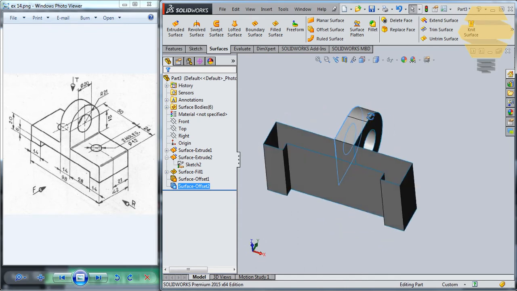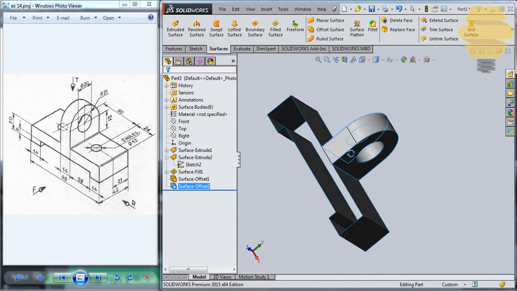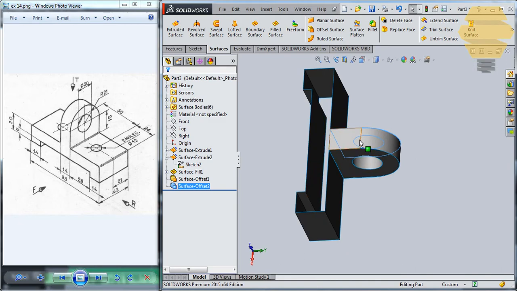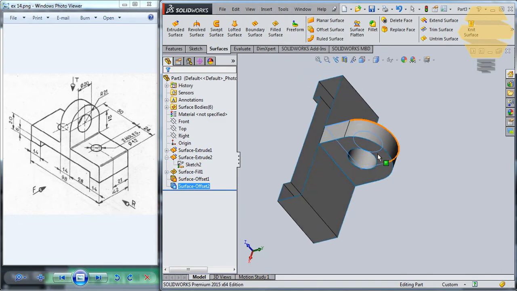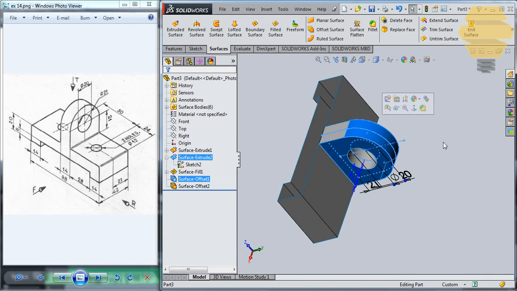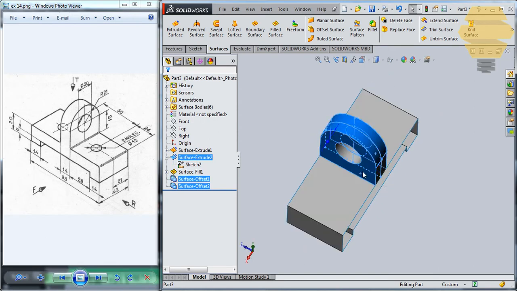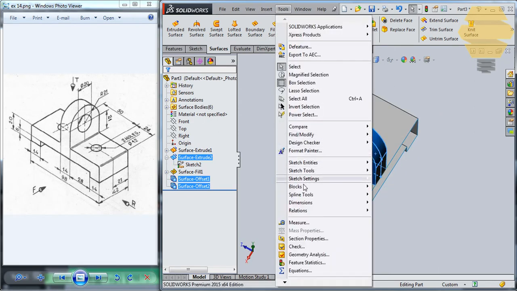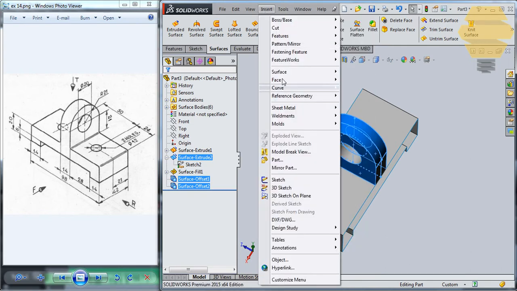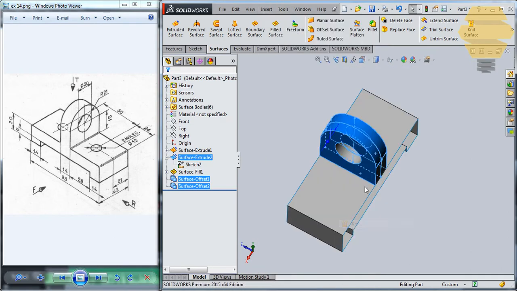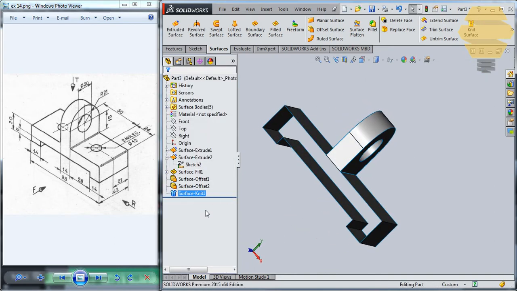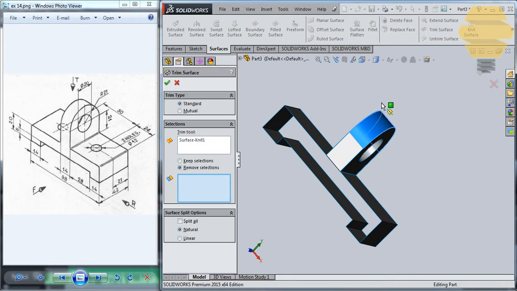Alright, now again what you can do is you can select this surface, and this surface, and this surface, and go for Tools, Surfaces. Now Insert Surfaces, Knit. You can give a tick mark, that's knit. Now you can select that knit surface and then you can go for trim, and